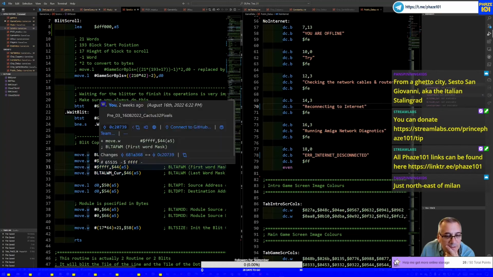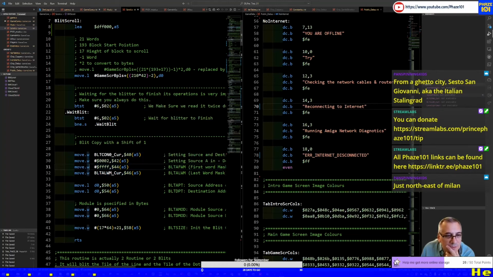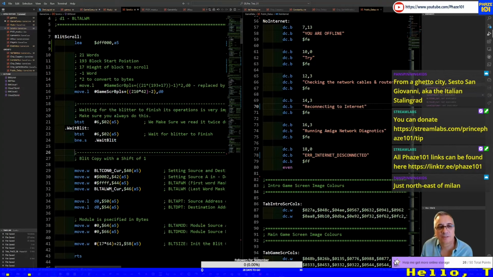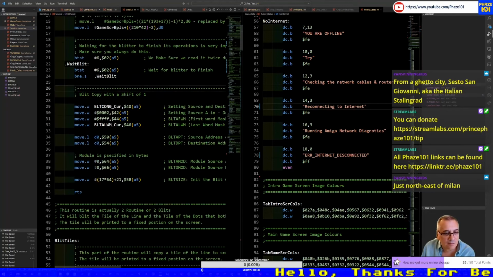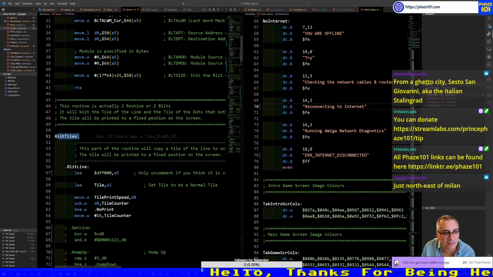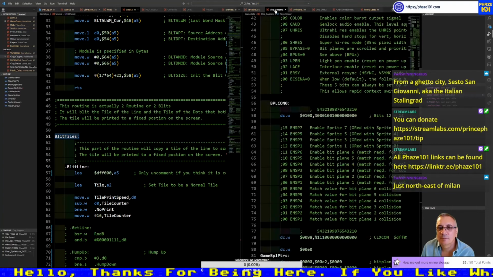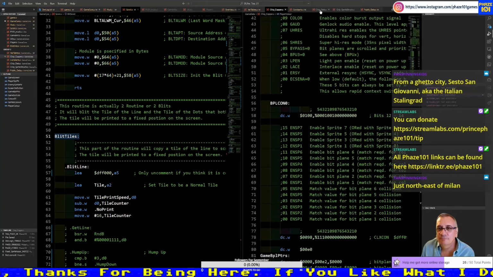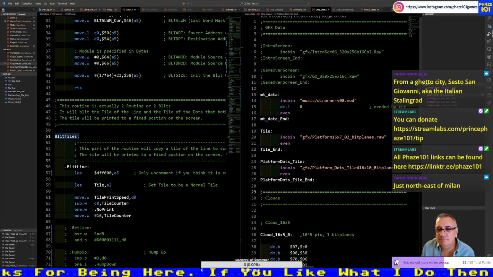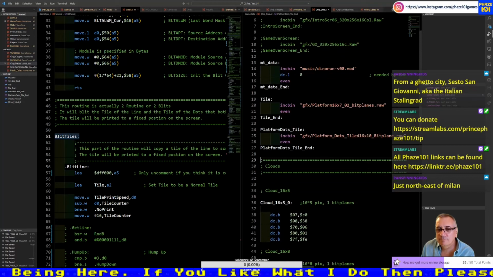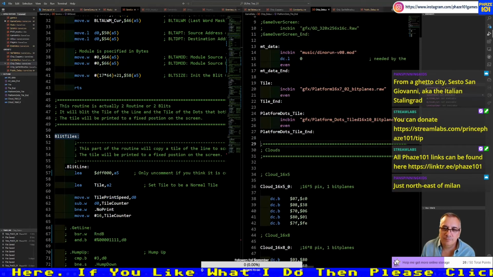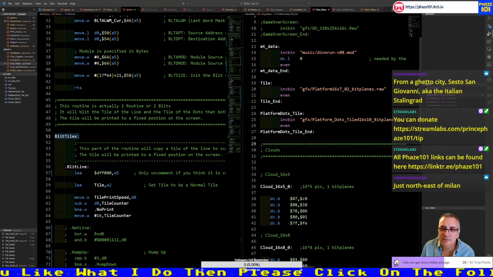So maybe it's here the issue now in the actual scroll. I'm not seeing the printing. The printing should still happen. This routine should still print the tiles. Actually. This is the tile. This is the dots and this is the...